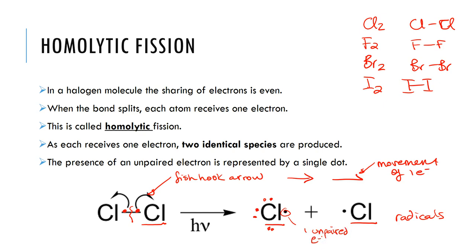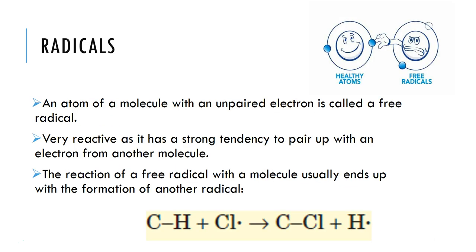And when we started learning about chlorine, we said that it forms diatomic molecules because it doesn't like to have this unpaired electron. So you can imagine that this unpaired electron makes radicals very reactive. And you may have heard of them before. There's a lot of stuff in the news about eating healthy and living healthy about antioxidants. And it says that it soaks up free radicals in your body and things like that. And when they're talking about free radicals, they're talking about these species that have an unpaired electron,